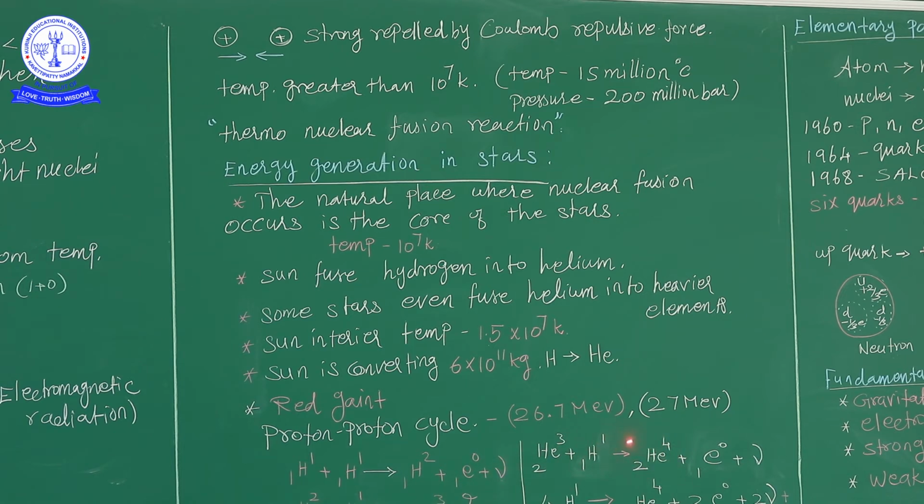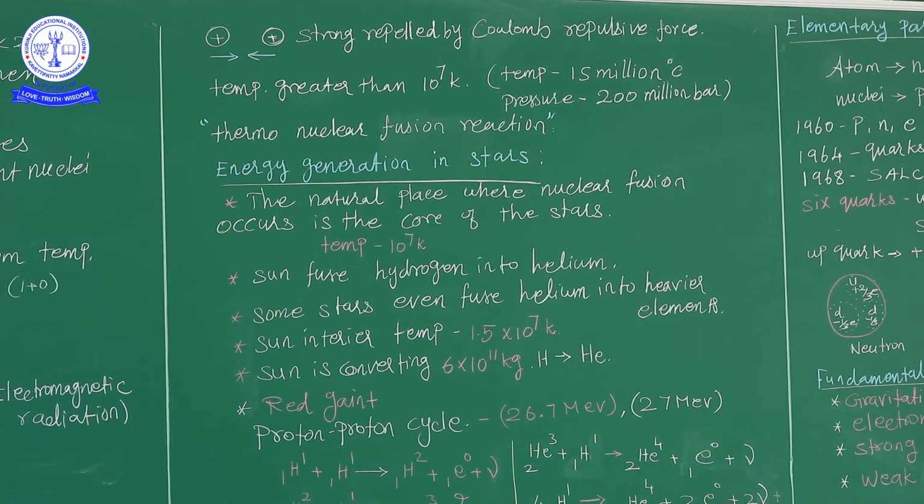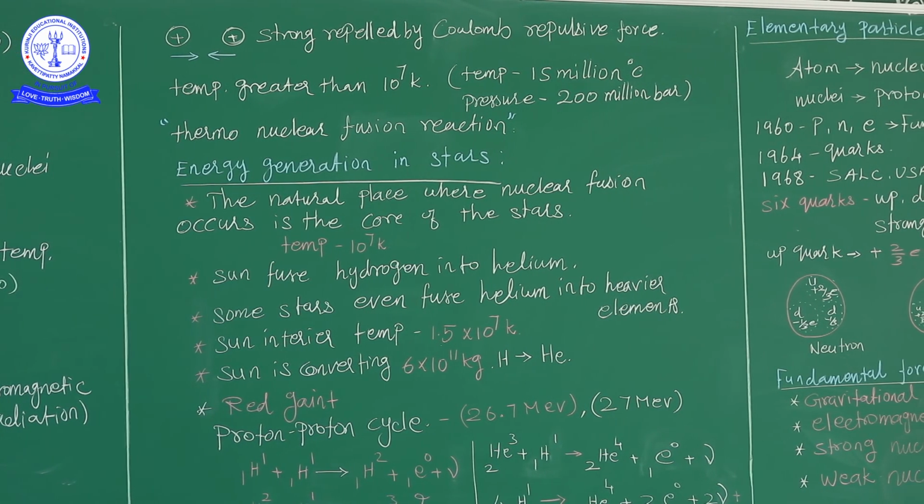So finally, these three equations: the 1st is one proton, here is the 2nd, here is the 3rd, and here is the 4th. The 4 protons are converted into helium with the help of high temperature, that means 10 to the power of 7 Kelvin. With the help of temperature, the protons are converted into helium with the emission of 2 positrons and 2 neutrinos, and then it releases energy, as electromagnetic radiation.